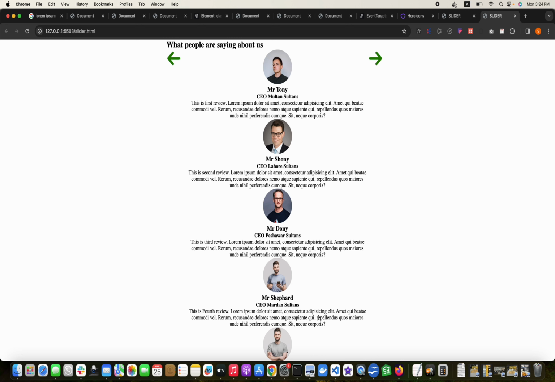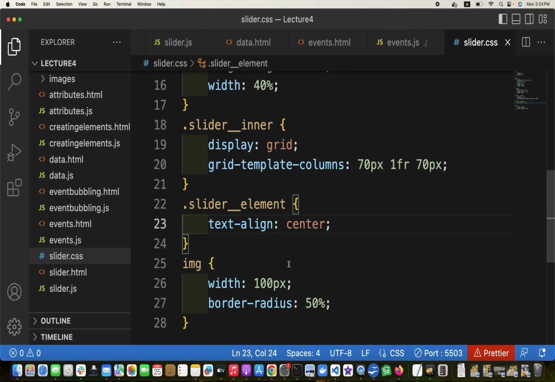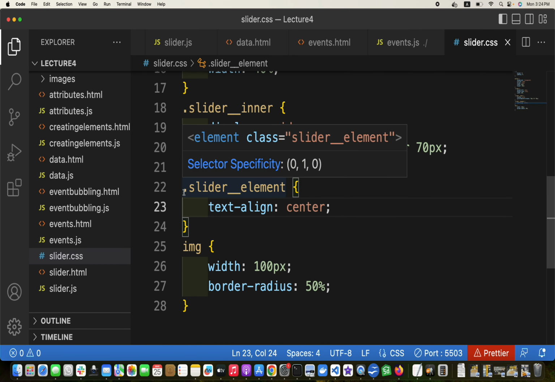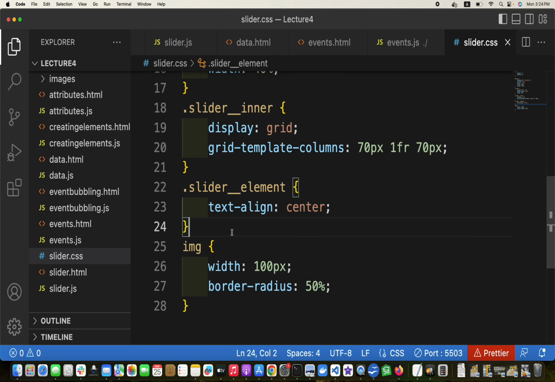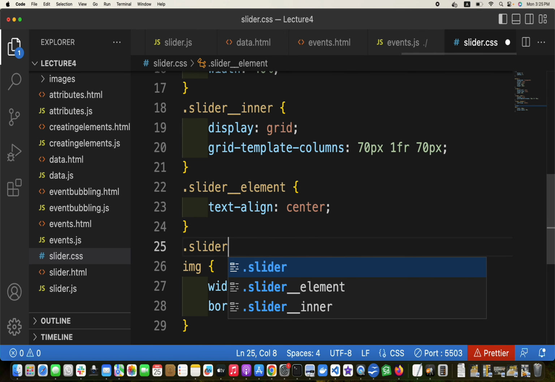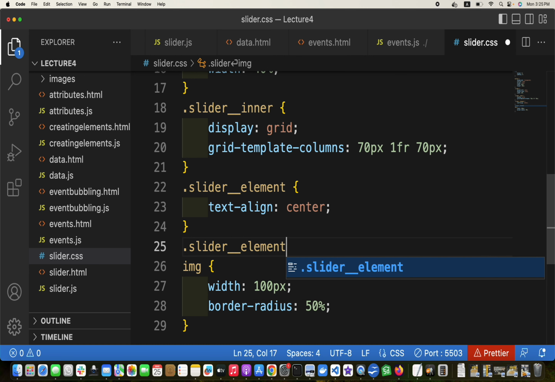So there is a simple rule, and let us again do it in dot slider element. So dot slider underscore element, if